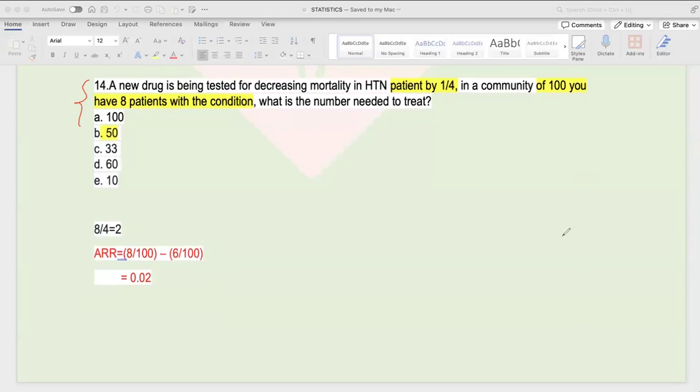Left side of the table shows sensitivity, and the right side shows specificity. Okay, so this is not a full question, but I'll try to decode the question. So number needed to treat equals 1 divided by attributable risk. We want to know the incidence rate in the exposed group minus the incidence rate in the non-exposed group.